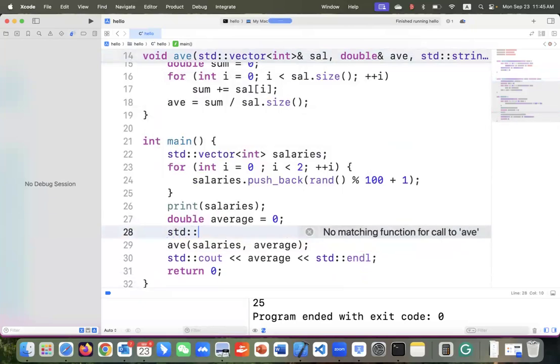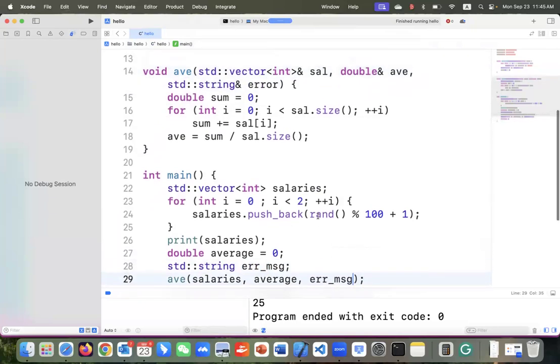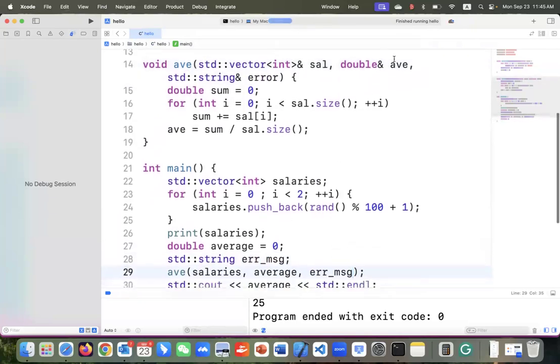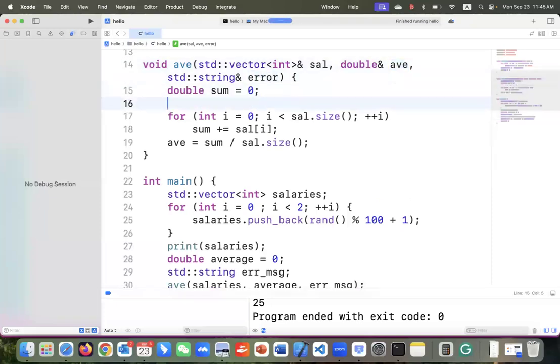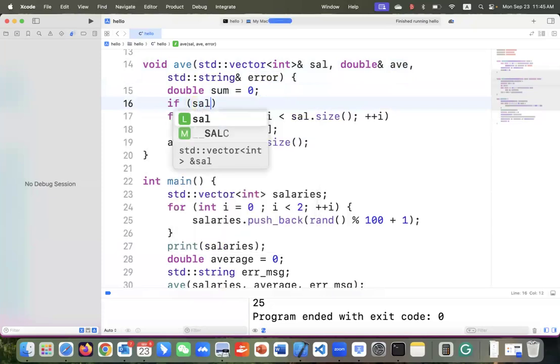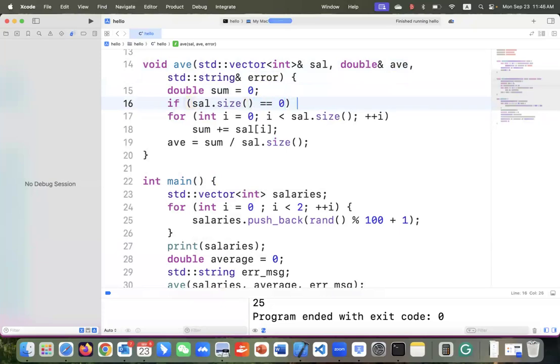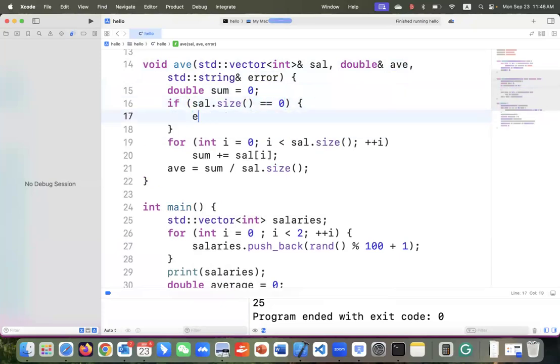And we could have an error message. Then we can put it here, right? Indeed, we are returning two things. We are returning the average. We could also return the error message. For instance, if the size of salary of cell